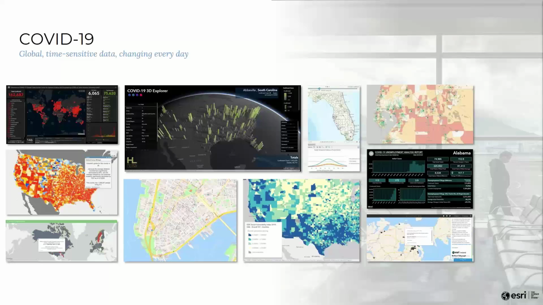And overall, as a community, despite some struggles we may have had along the way, I think we did an amazing job. We were able to put out dashboards, data, and information products that could help inform decision makers and just the general public in a time where it was scary and new, and we all wanted to know where we could get toilet paper